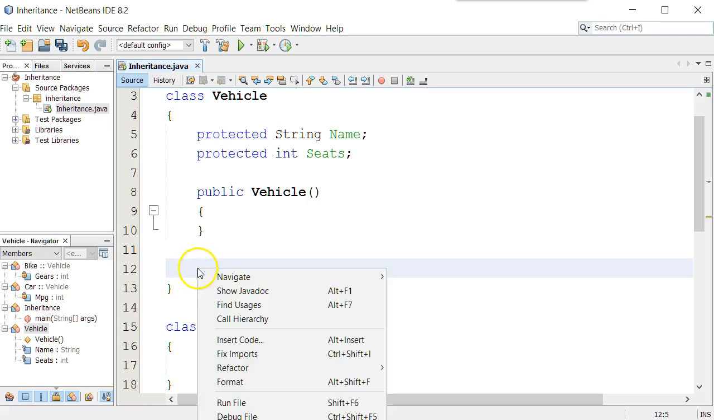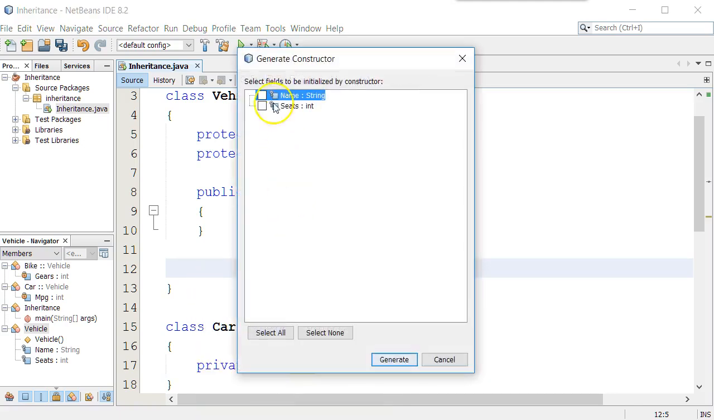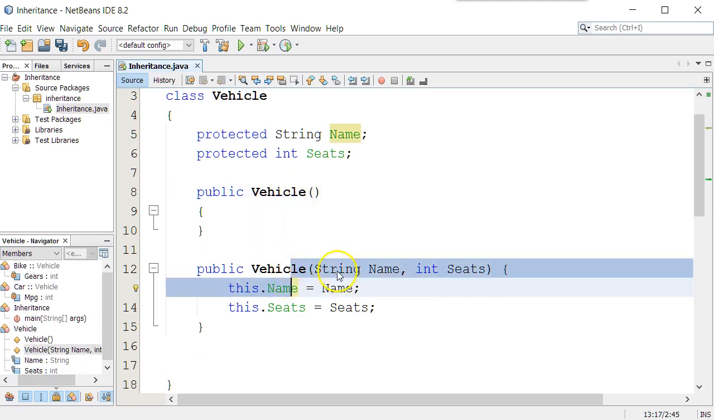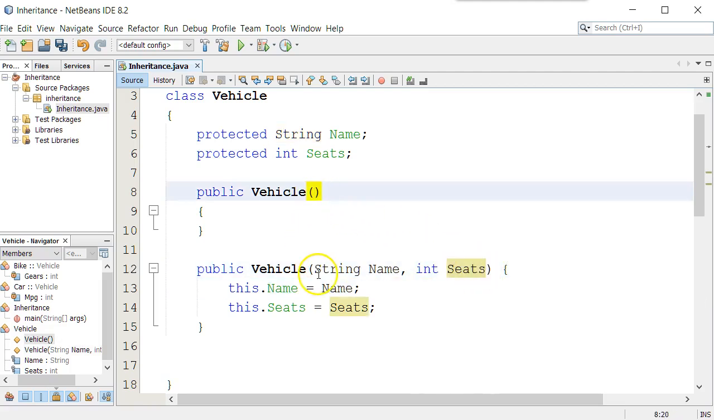And I'm going to come back here and make another one, right mouse click, Insert Code, Constructor, and I'll say that I want to have both of those items. So now I have overloaded the Vehicle constructor, meaning I have more than one constructor of the same name, but the signature is different. One of them doesn't receive any parameters, another one has two parameters, one of String, one of int. As long as the signature is different, we can have as many